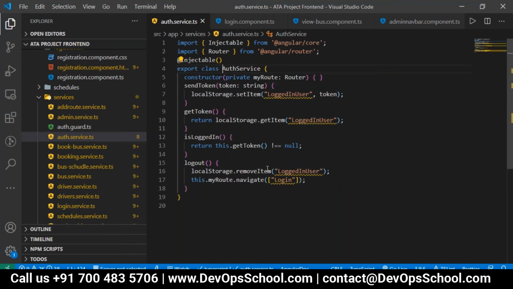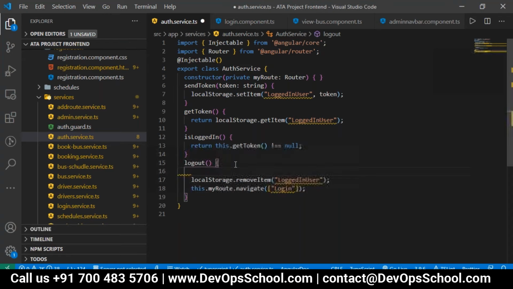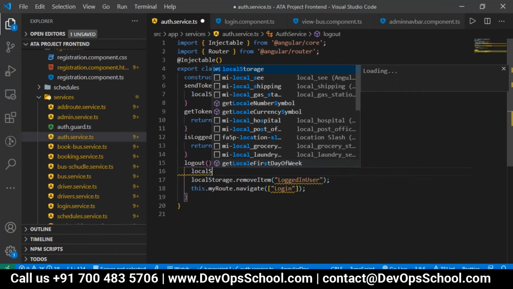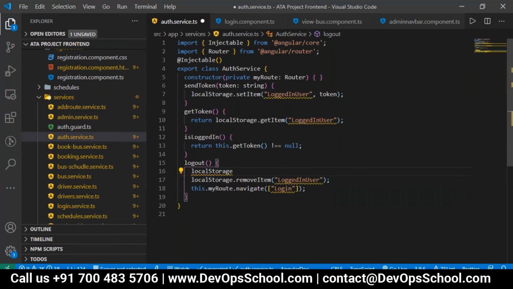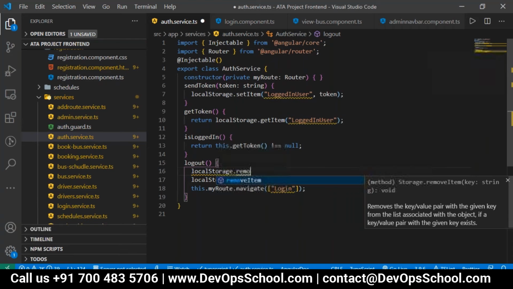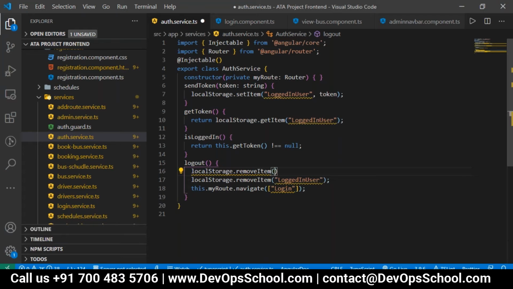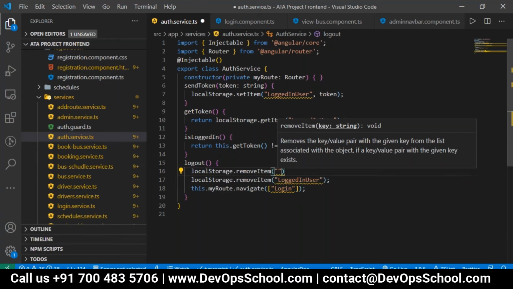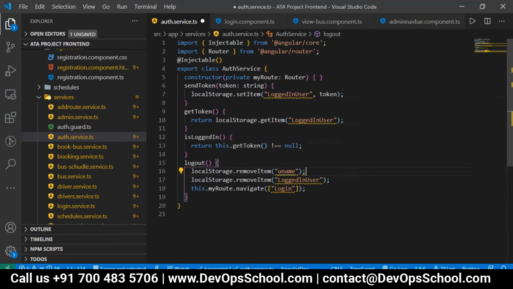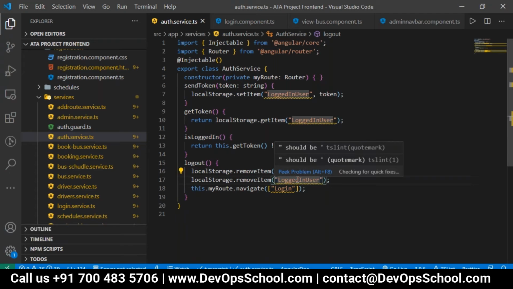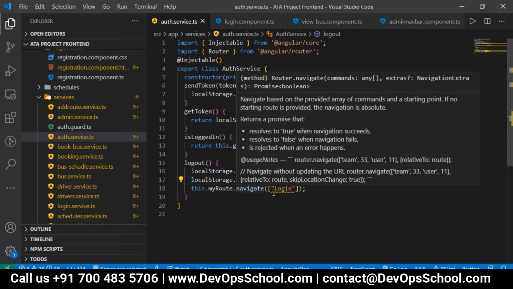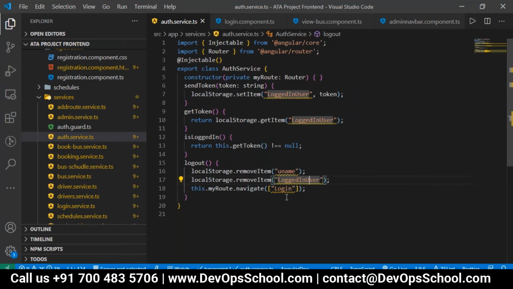In that we use localStorage.removeItem. Already with another name I have stored it, just to show you I have written another. So we use the remove item here, and the item which we have stored is uname. Whatever local storage items we have stored, once we log out, they should be removed. Whichever user has logged in is also taken care of here. Then we redirect using navigate.